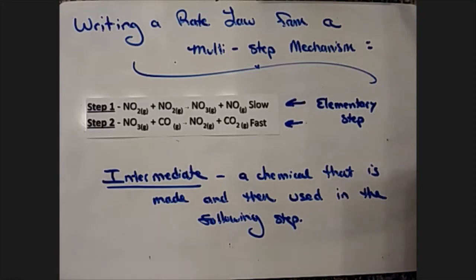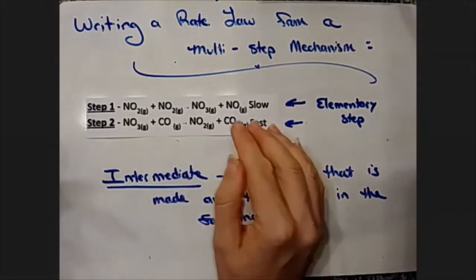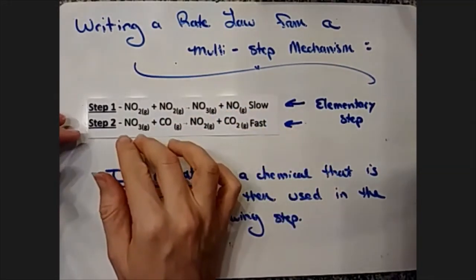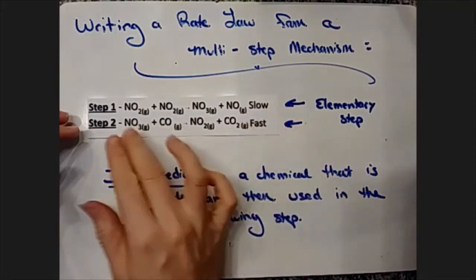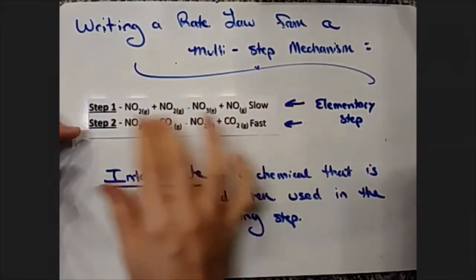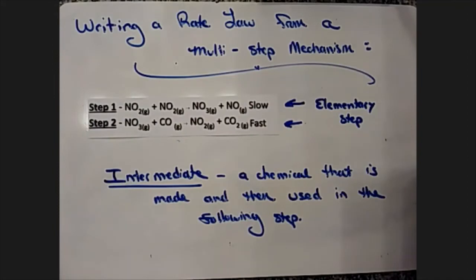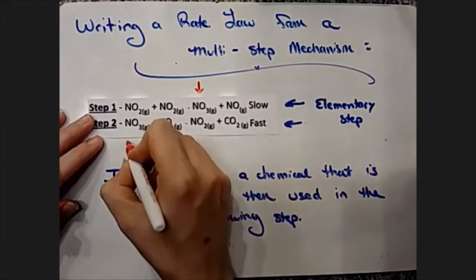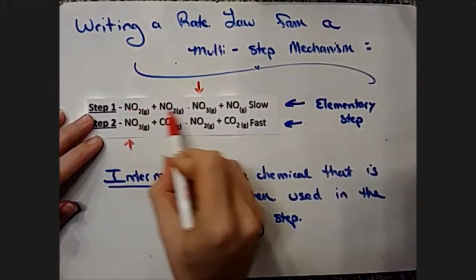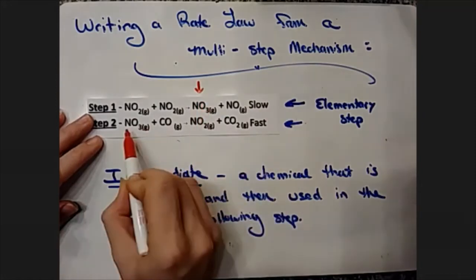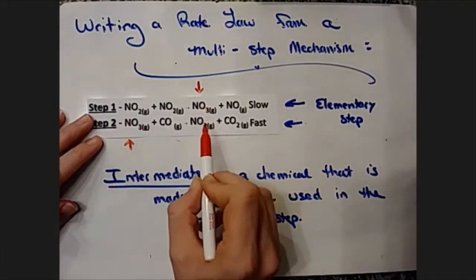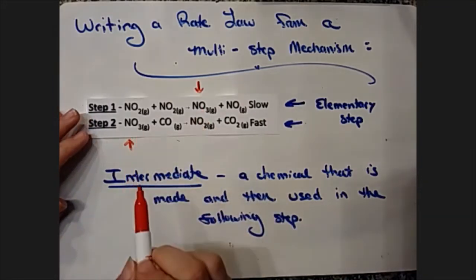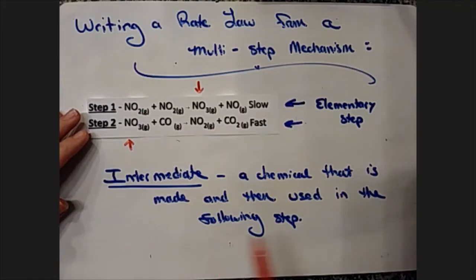So when you're looking at identifying an intermediate, what you're going to look for is a product in step 1 that then becomes a reactant in step 2. So it only exists in that very short amount of time between step 1 and step 2. And if I was identifying one for this particular chemical reaction, I think I would pinpoint NO3. So notice how NO3 is first made, but then it is consumed in step 2. So NO3 is actually the definition of an intermediate, a chemical that is first made and then used up in